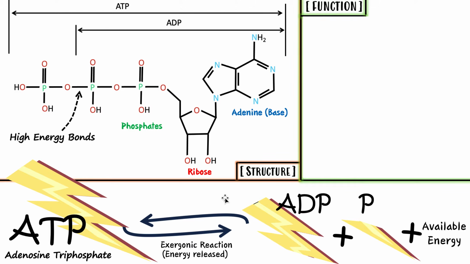The opposite direction, when we take something and put it together to store the energy inside the bond, so right now there's no energy, but when we put these two together, now we've stored energy inside that bond again. That is the opposite, and it's called an endergonic reaction. By doing so, we store the energy in a bond, which can in the future be used again to release energy for some kind of function.